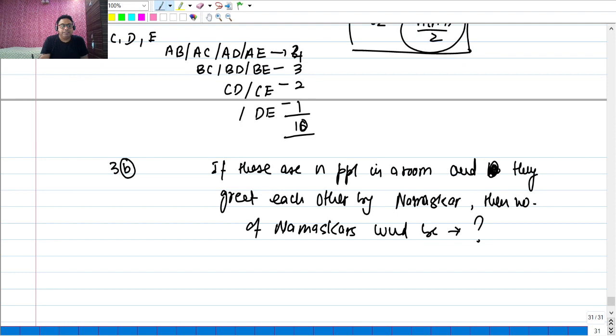How many namaskars would there be? Now understand, a handshake is a single gesture, isn't it? I shake hands with you, so it's a single gesture. But if you say namaste to me, I would say namaste to you. So two people would have two namaskars, isn't it? This is really important. So namaskars or adabs or sat sri akals would be 2 times NC2. Why 2? Because I say namaste to you, and you say namaste to me. So out of n you choose 2 people, then there would be 2 namaskars. Is it okay?